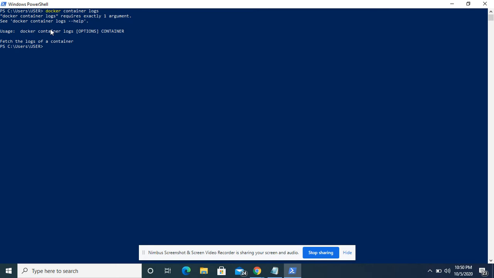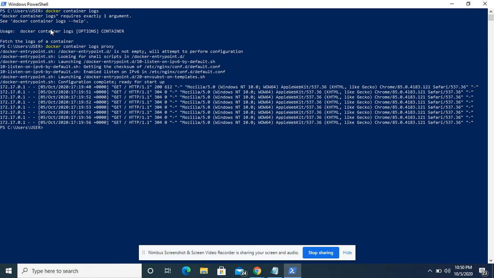Okay, I have to define the name of the container also. Sorry, that was proxy. So you see that all the logs are getting displayed over here. These are my logs. I have refreshed 2 to 3 times, so it's displaying in such a way. It will show you, as you type proxy, the name of your container, the logs. It will show you all the logging that has been performed on this image. So this command is used for logging purposes.